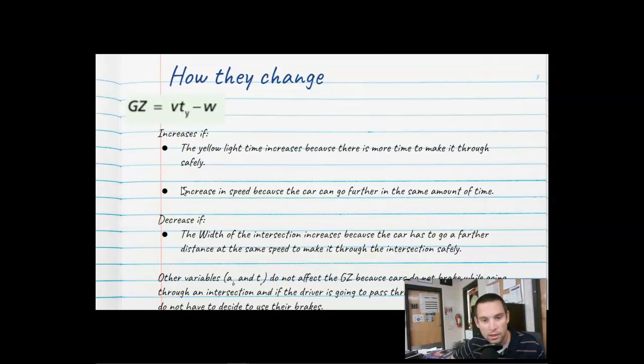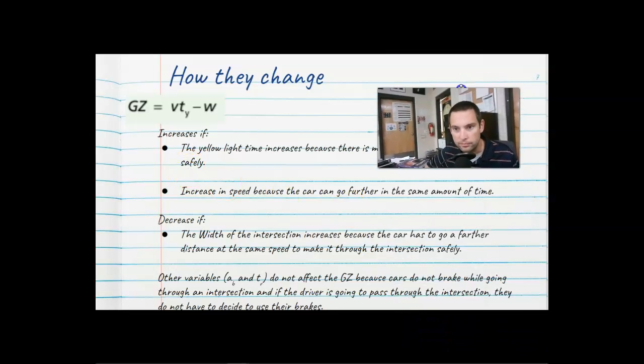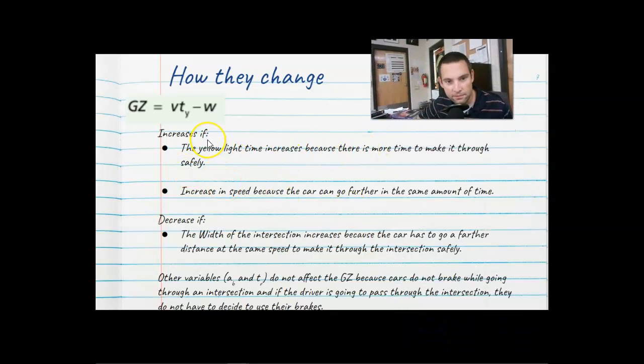How they change, the big thing here. So the go zone, the safe zone to proceed through the intersection, increases if the yellow light